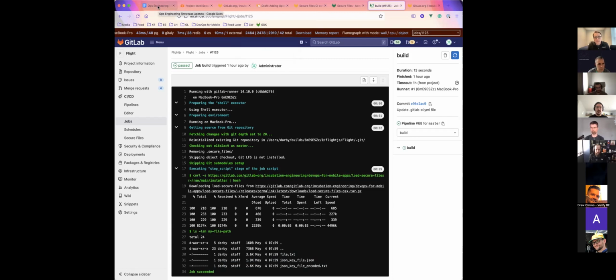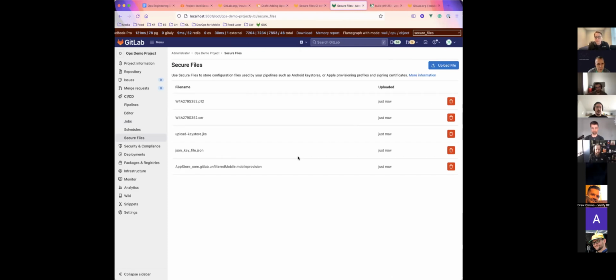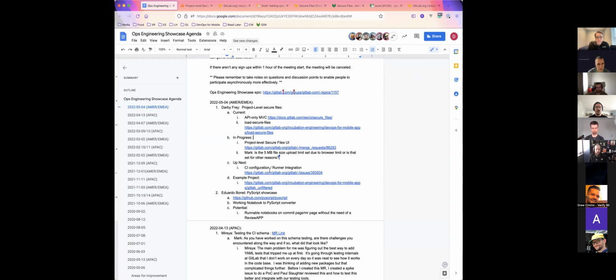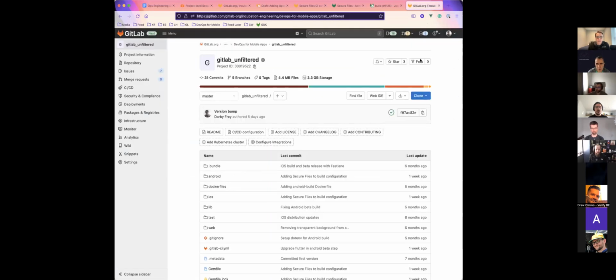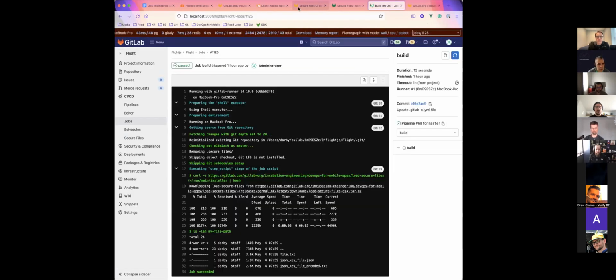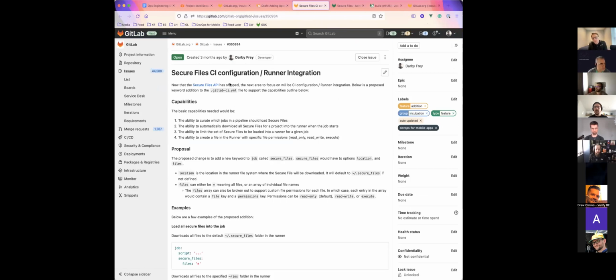So that's kind of the thing that's in progress right now, basically building out a UI to make this a little bit easier. And then the next thing, coming up next, I've got an issue here. No, it's over here. So the next thing would be talking about how we make the CI configuration runner integration a little bit better, more configurable, and more in line with how we do things in our